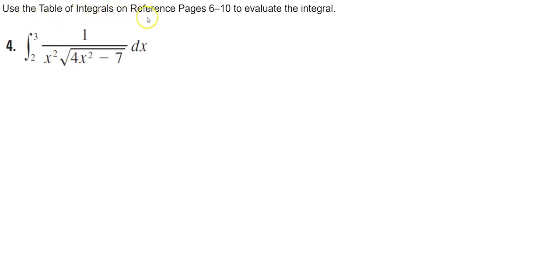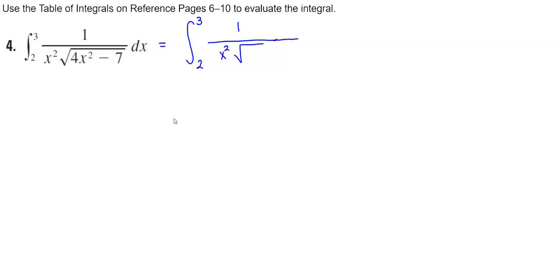Use the table of integrals on reference pages 6 through 10 to evaluate the integral. Okay, first, let's go ahead and rewrite this integral in substituting form. So what I mean by that is it's going from 2 to 3, and we have 1 over, okay, you can see what we're squaring here, and we have x squared